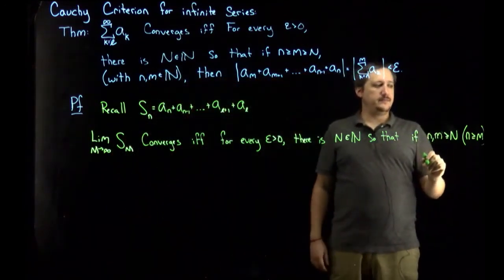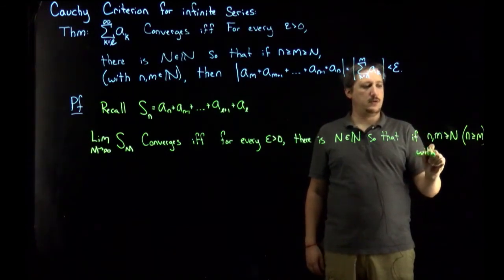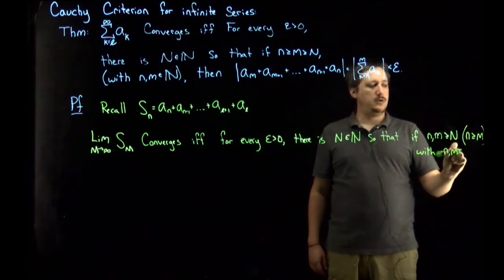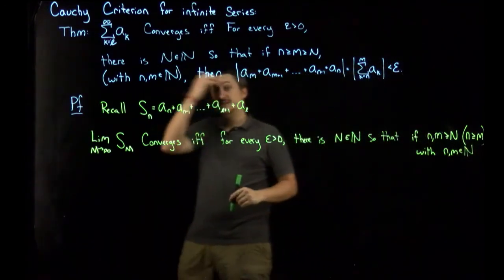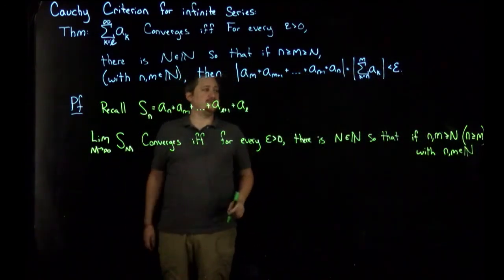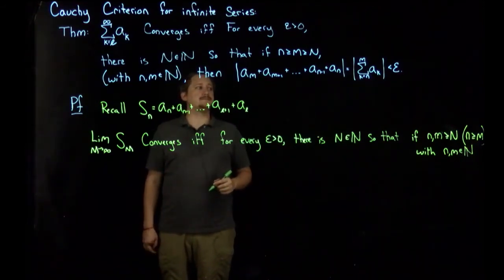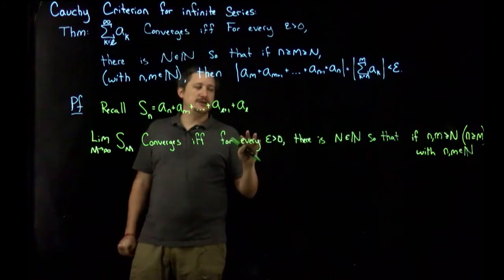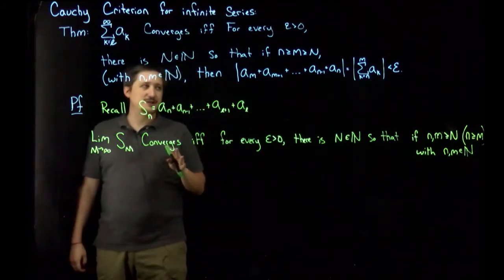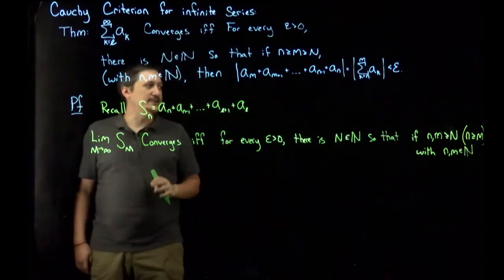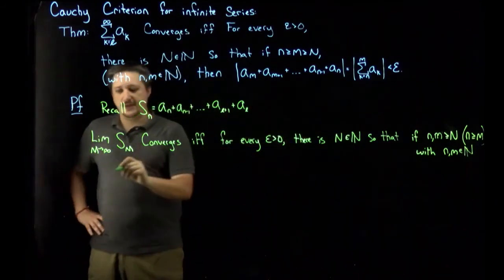And also, so with n and m natural numbers, right? Because I want to use these as indices, so obviously that would make sense. So it's going to be a little bit fudged up. I'm going to have a little bit of sloppiness, but I'll point out why it doesn't matter. So I have that, then